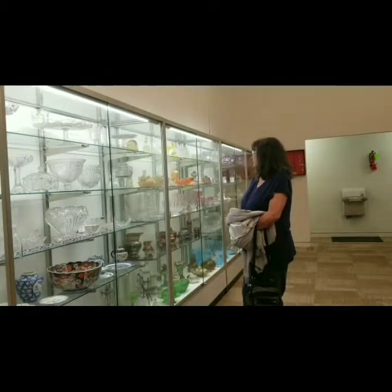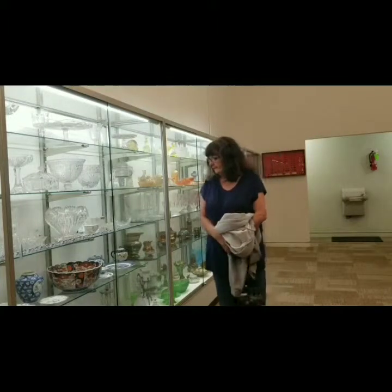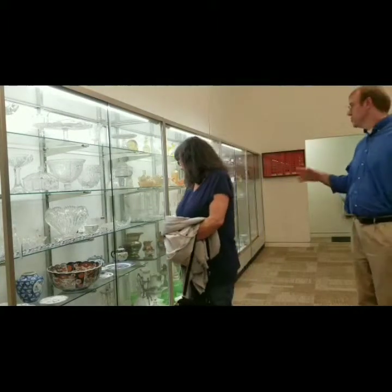What is this case, the darker orange? What is this case primarily for? I mean, I know that we see just a lot of